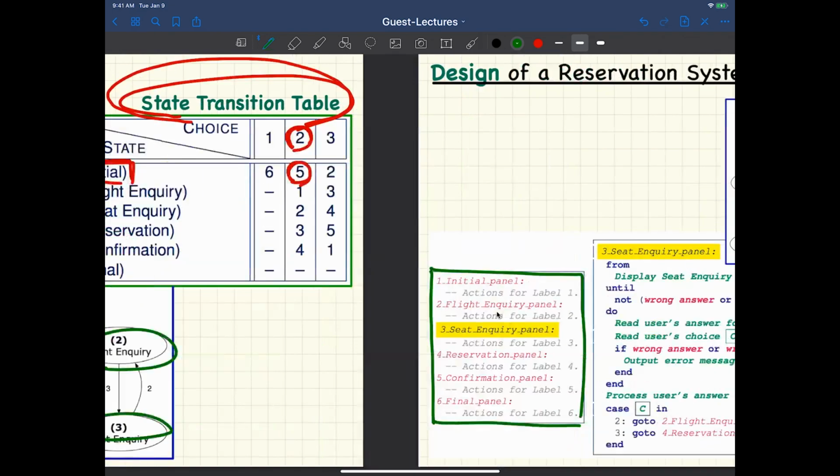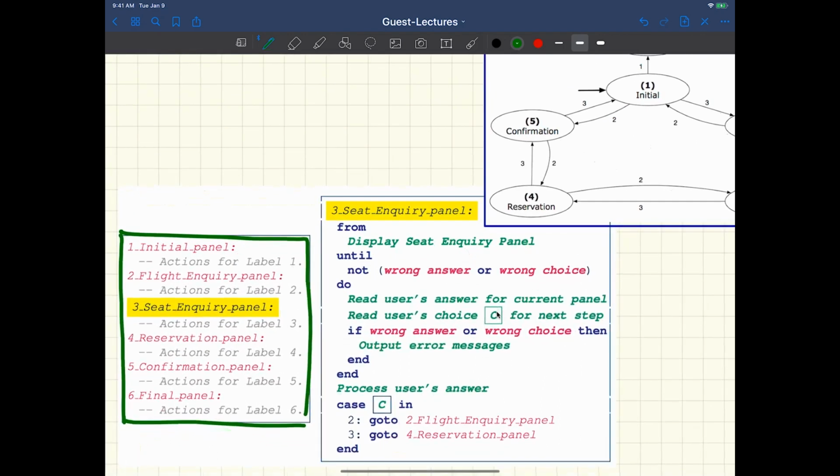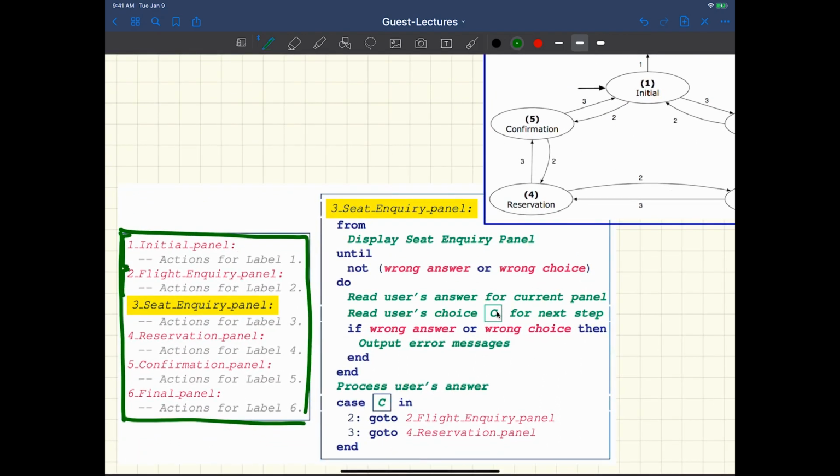We have 6 different states. In that case, you have 6 different sections: section 1, section 2, section 3, all the way to section 6. Every section is going to be defined in a similar fashion. Since we are trying to deal with an interactive system, each section should